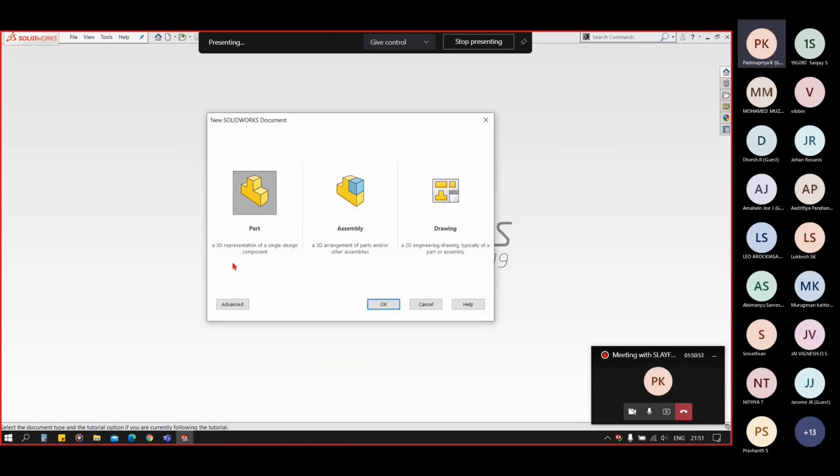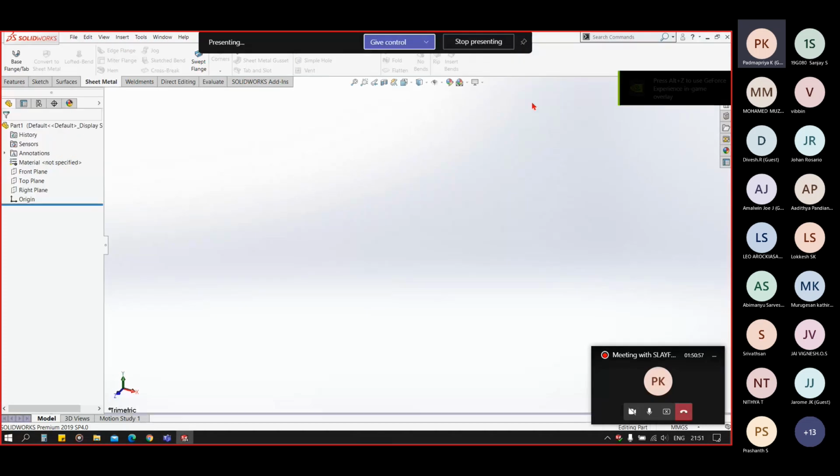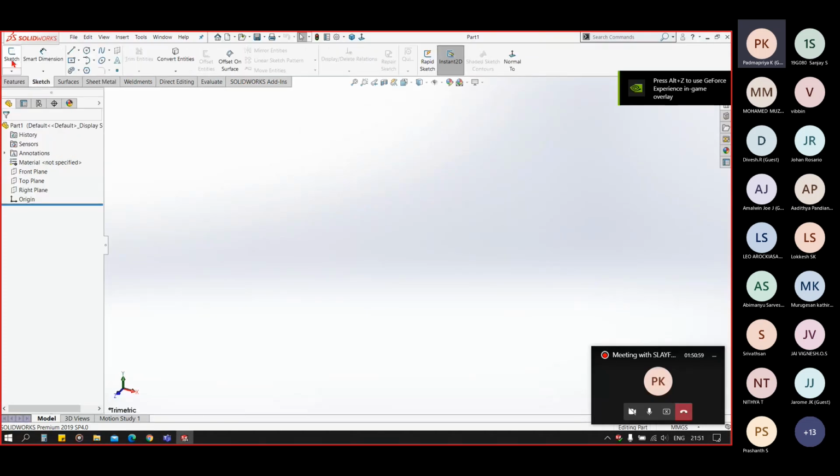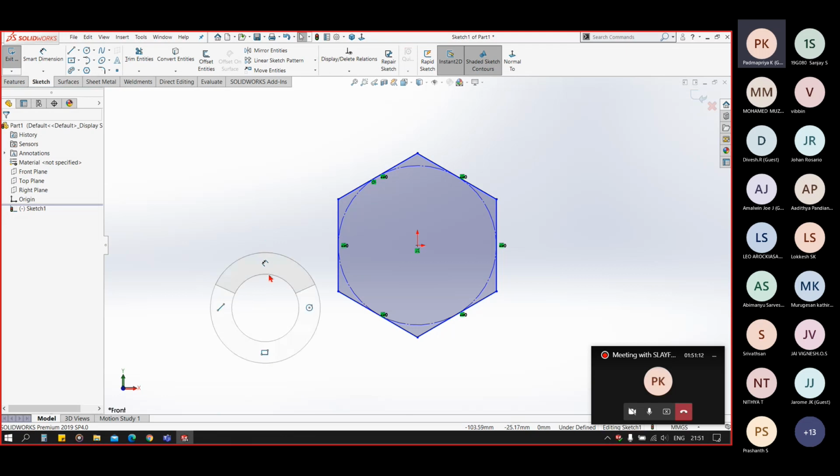Okay, so for adding our custom Weldment profiles, first thing is that you have to make a sketch. So let's say we add a hexagon this time. Okay, so we are drawing a hexagon.